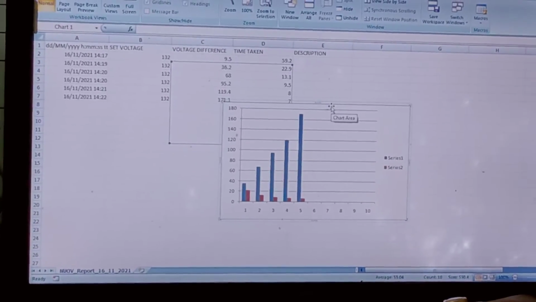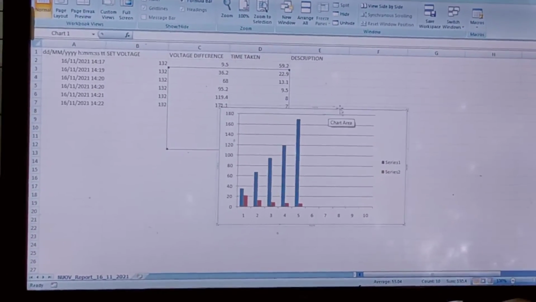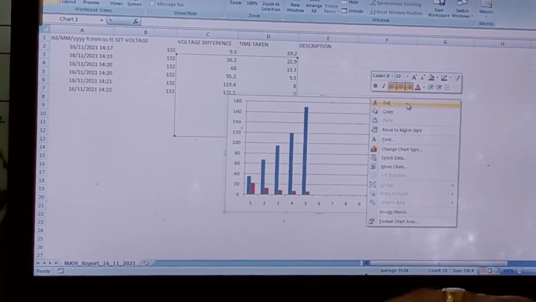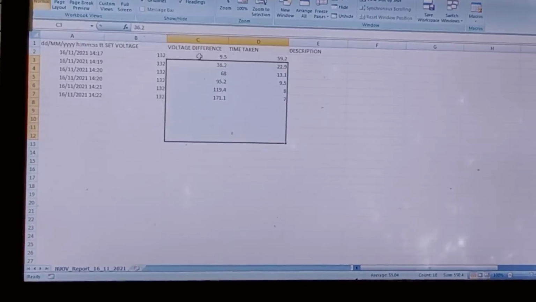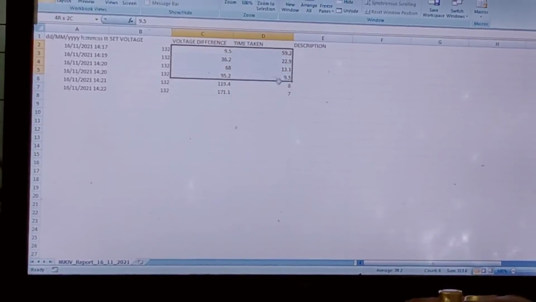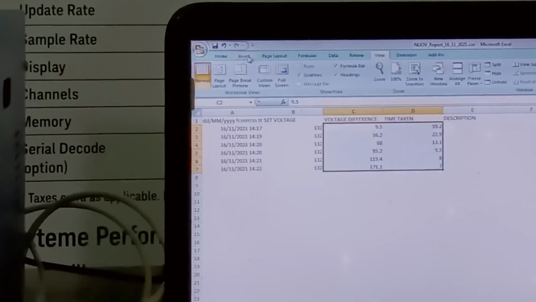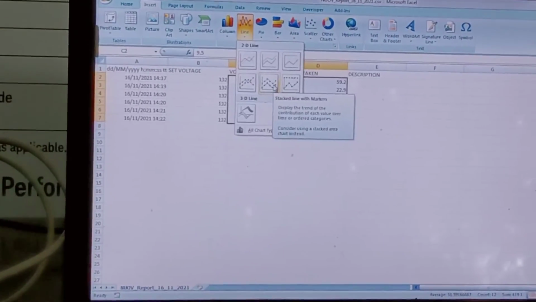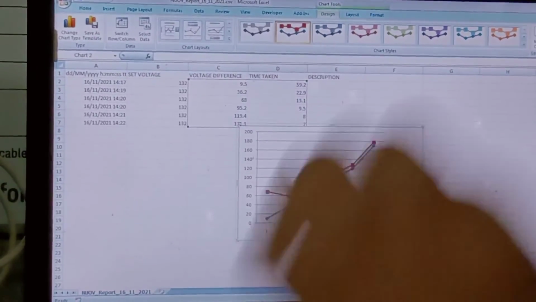Okay, the range has been different in my macro, but we can make a graph just by selecting this, insert a graph, line, 2D lines, stacked lines.